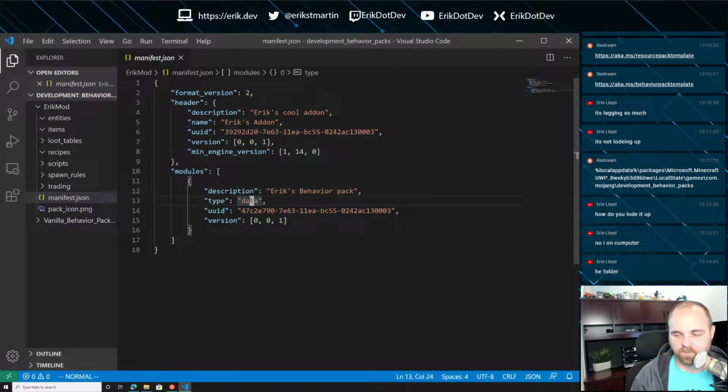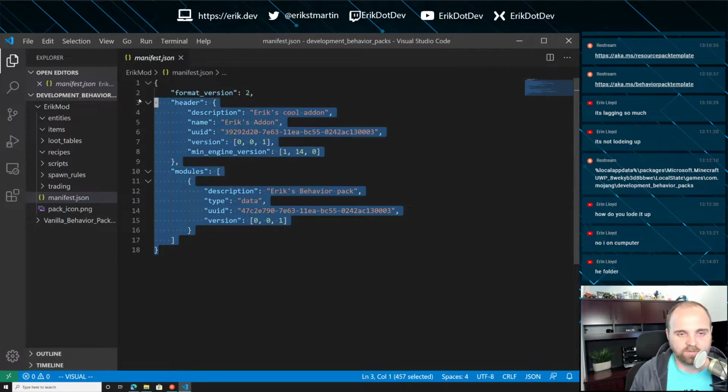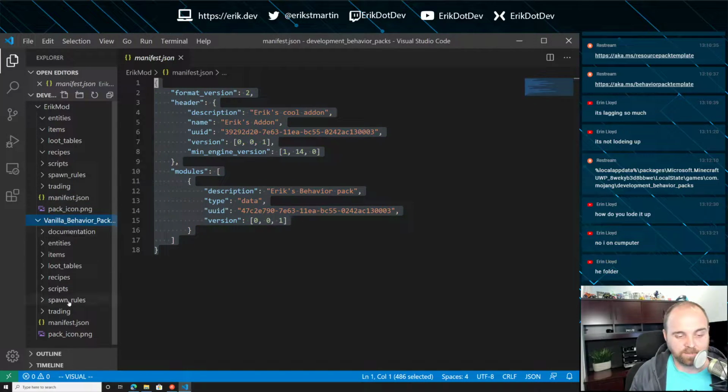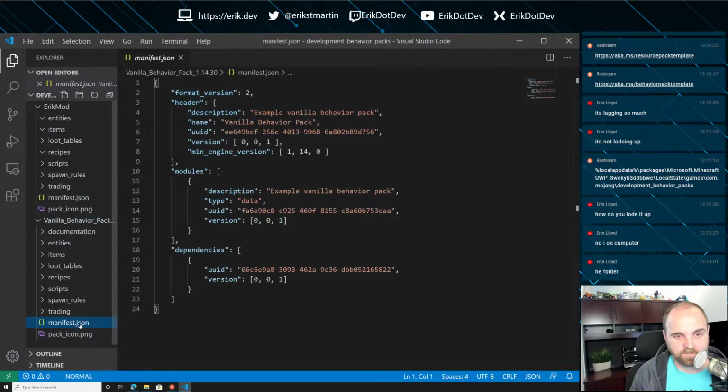We'll talk a little more about these when we get into creating resource packs and things like that. For now, you can just copy this from the vanilla pack and change out the UUIDs